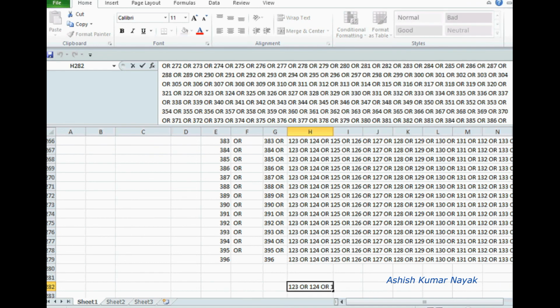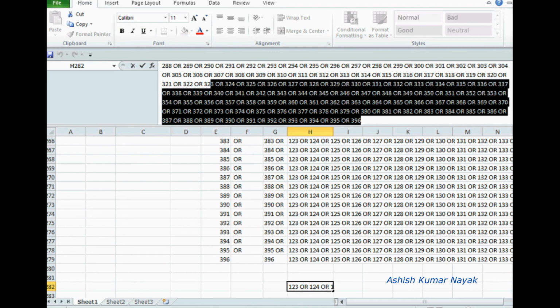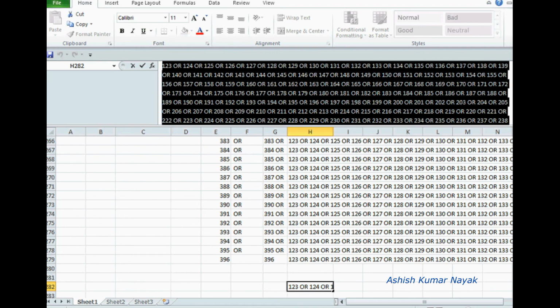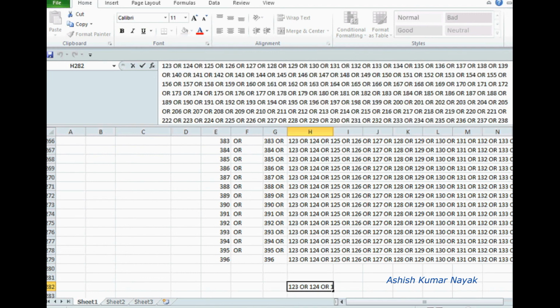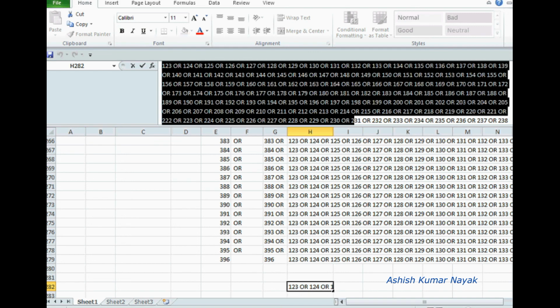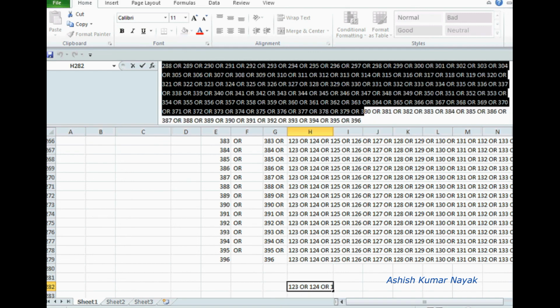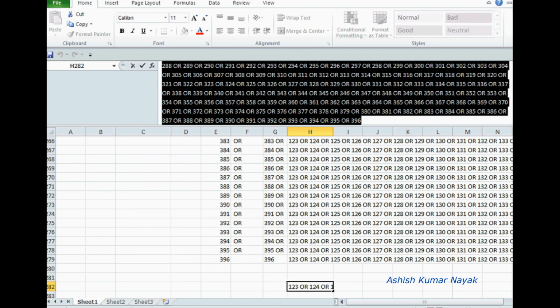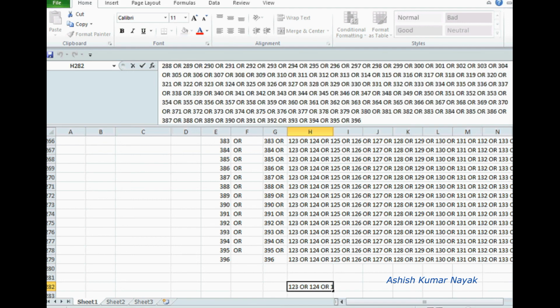Let's see these values from here. So you can see, right, starting from 123 it has taken all the values till 396. Here no OR is there.